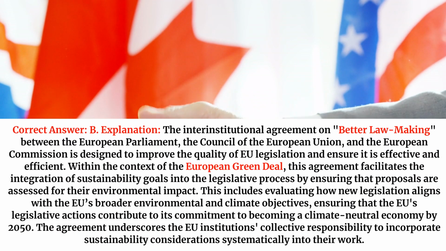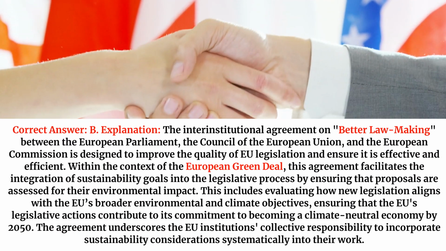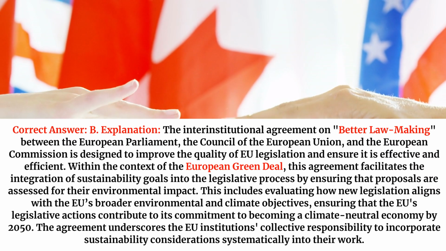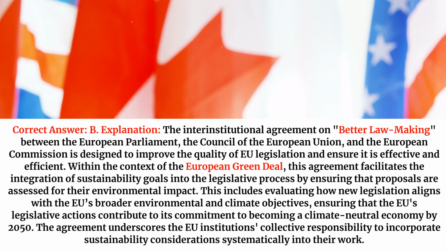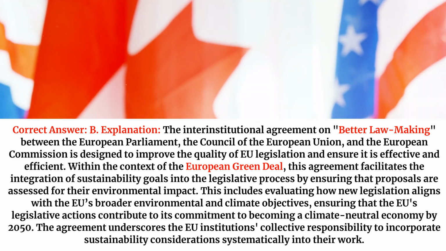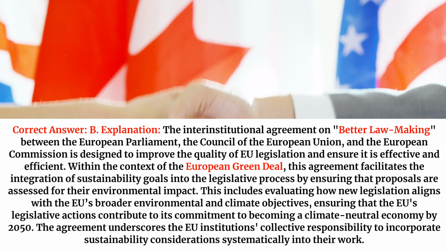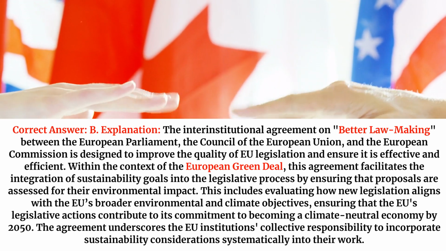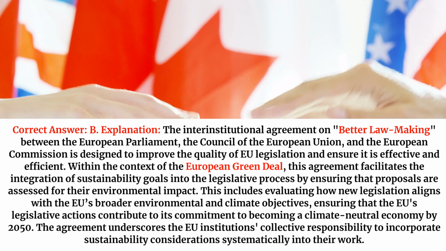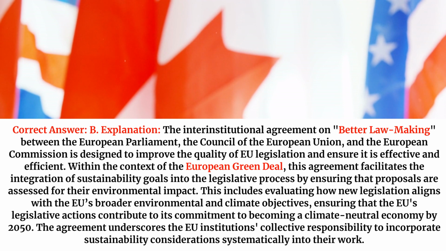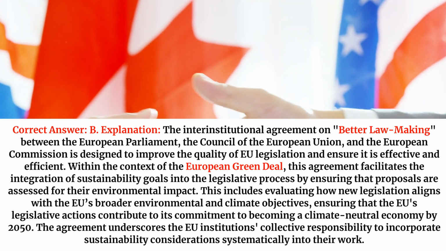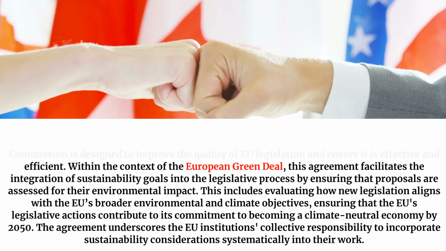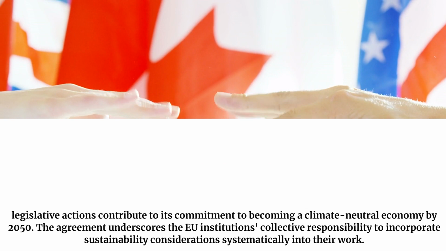Correct answer: B. Explanation. The interinstitutional agreement on better lawmaking between the European Parliament, the Council of the European Union, and the European Commission is designed to improve the quality of EU legislation and ensure it is effective and efficient. Within the context of the European Green Deal, this agreement facilitates the integration of sustainability goals into the legislative process by ensuring that proposals are assessed for their environmental impact. This includes evaluating how new legislation aligns with the EU's broader environmental and climate objectives, ensuring that the EU's legislative actions contribute to its commitment to becoming a climate-neutral economy by 2050. The agreement underscores the EU institutions' collective responsibility to incorporate sustainability considerations systematically into their work,